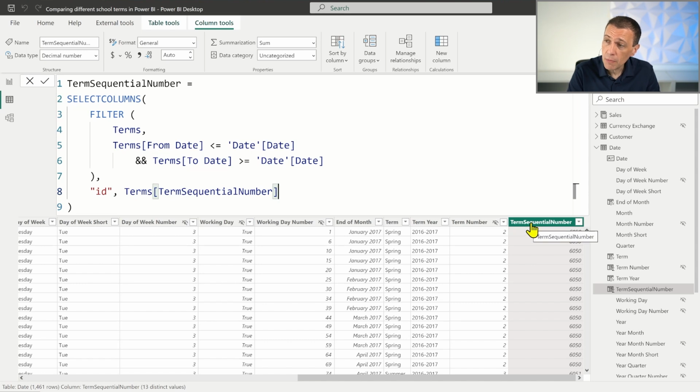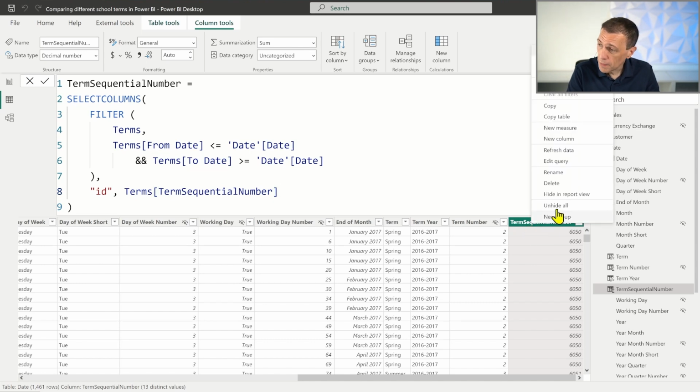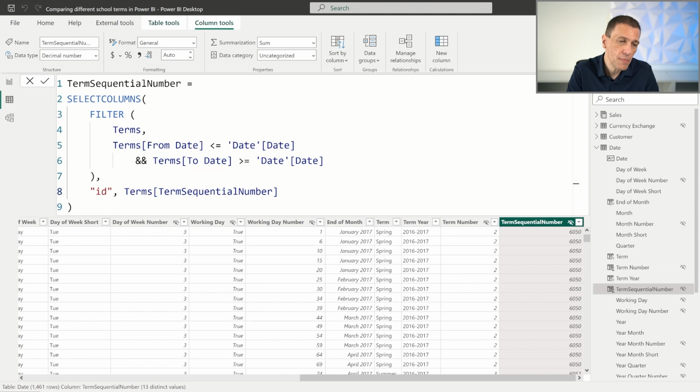Also, the term sequential number is a column that I want to hide. So hide in report view, and so I make sure that this column is not visible. Now, we could move forward now, but before completing the report and creating the measures, there is one